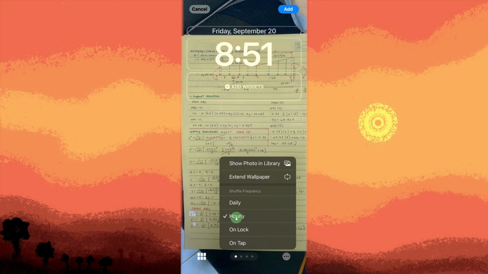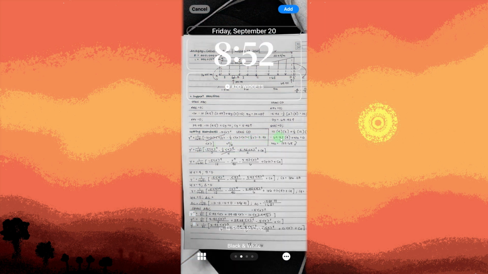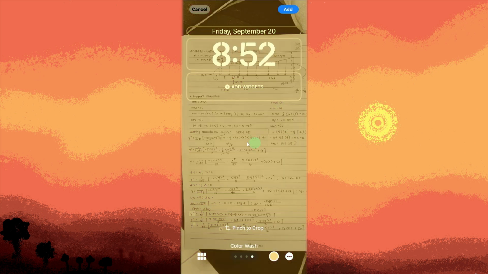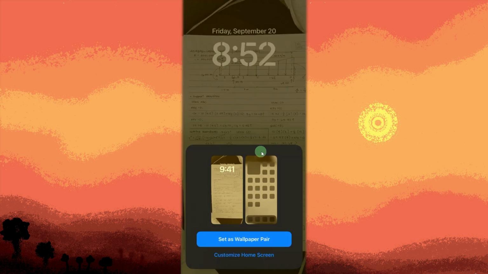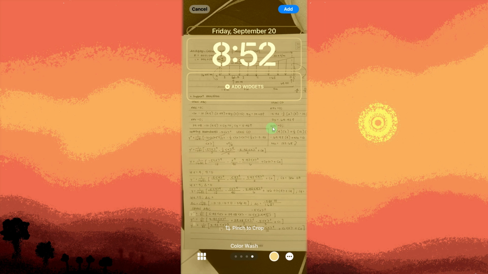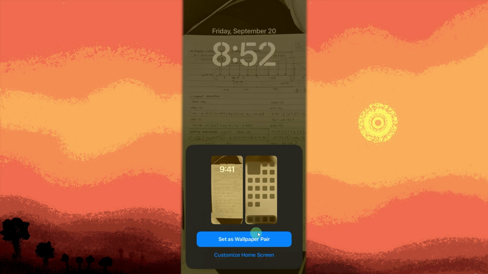Now, to apply filters, swipe right to apply different filters to your wallpapers if desired. Once you're done, tap on Add, then choose Set as Wallpaper Pair. Your iPhone will now automatically cycle through your selected wallpapers at your chosen